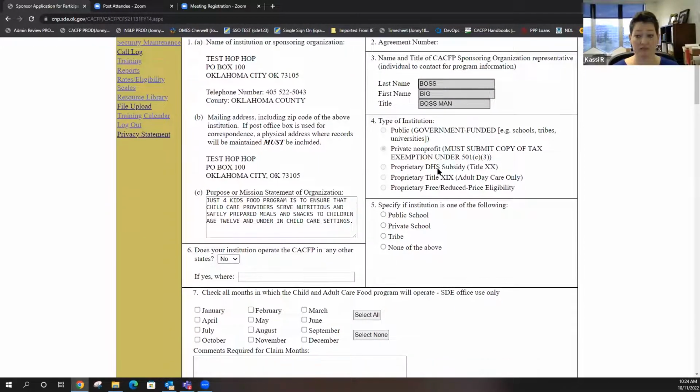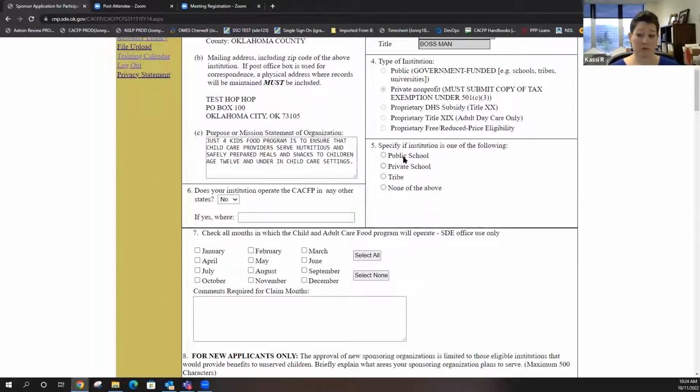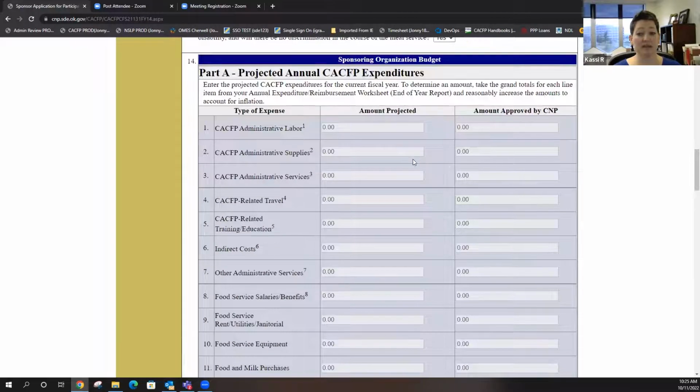Your main business page. If you are a public school that all you do is at risk, I'm not talking about public schools that have Head Starts. I'm talking about a public school that does at-risk only. Make sure you click this button. If you're a Head Start, or a multi-sited that has a Head Start in a public school, you're still just going to be none of the above. This public school button is for at-risk only public schools. That's all you do. And the reason is because when you click this, it disables your budget, because schools are not required to do a budget. That's regulatory.